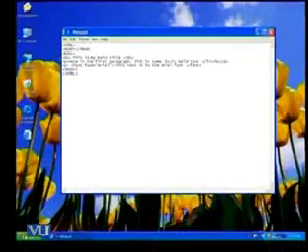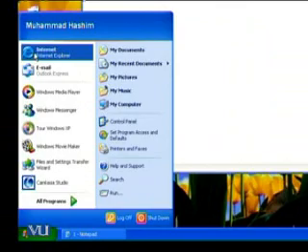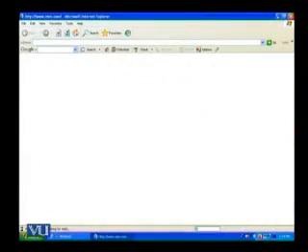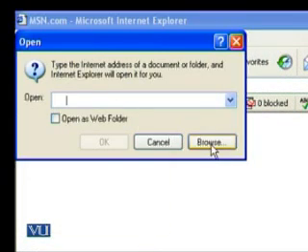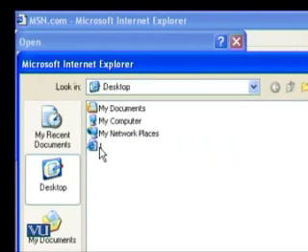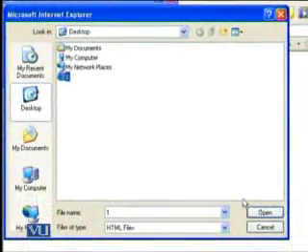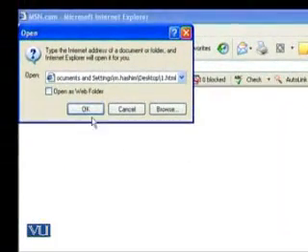Afterwards, I open my browser, say Internet Explorer. I use the file menu. I use the option open, and there appears before me a dialog box. I use the option browse, and here on the desktop a few files are listed before me. I had saved it as 1.html. I select 1.html, I open, then I press OK, and here you see the result shown to you by the browser.